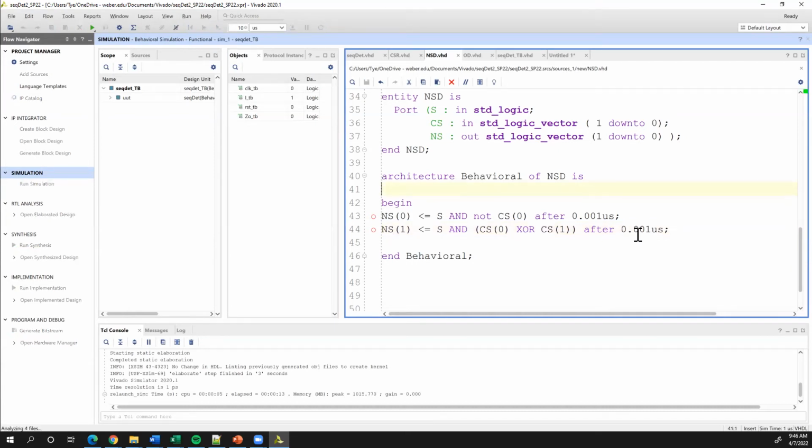There we go. So now I've artificially introduced a 1 nanosecond delay. And so if I go and I rerun my simulation,